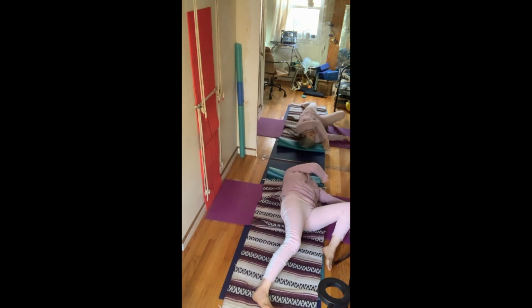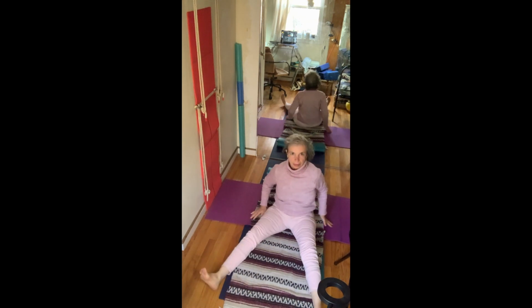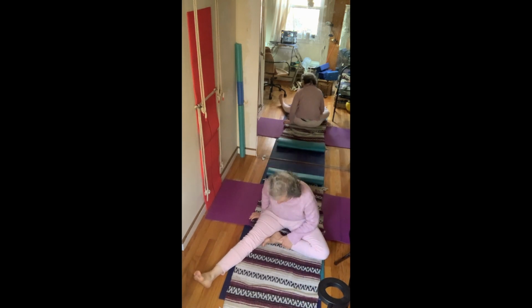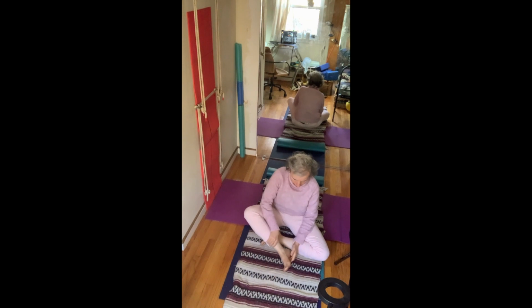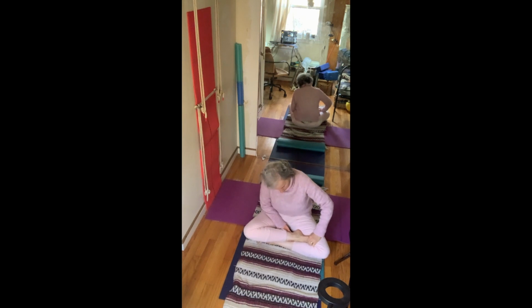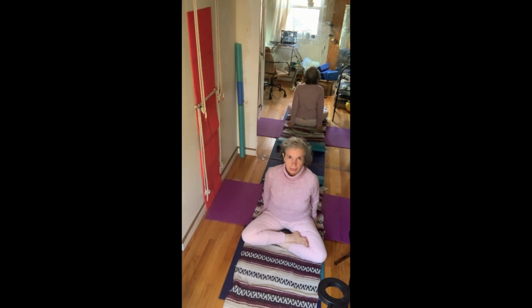Please return to sitting again. Now bend your left leg and put your right little toe inside the fold of your left knee. Use both hands to put your right little toe in the fold of your left knee. In the fold of your left knee. And now,